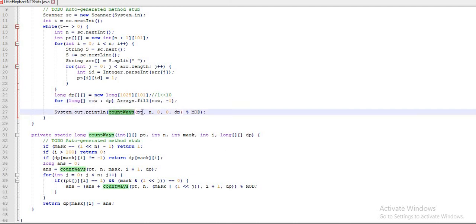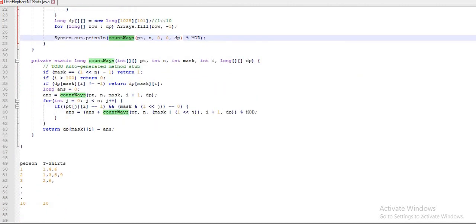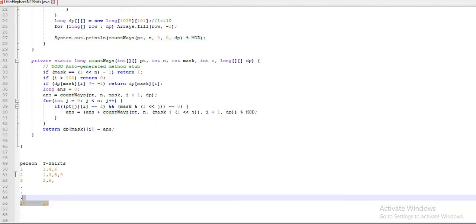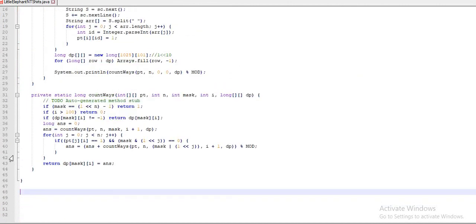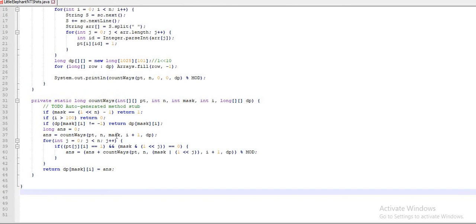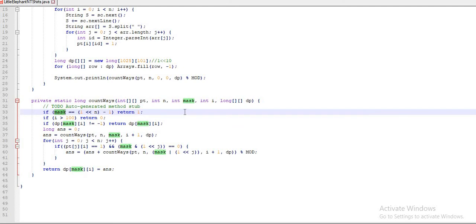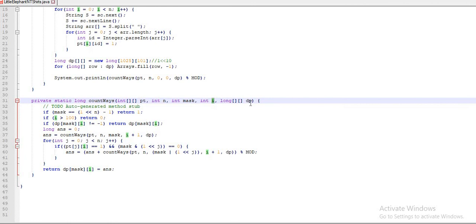Then I am calling this countWays function. This is the very same function which I have already used in my previous problem for LeetCode. Here the only thing is the constraints are different. This PT array is very clear to us. Then this is the number of persons, the third parameter is the mask, I stands for the t-shirt ID, and this is the DP array.